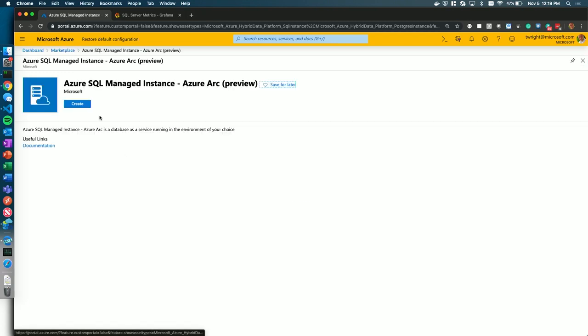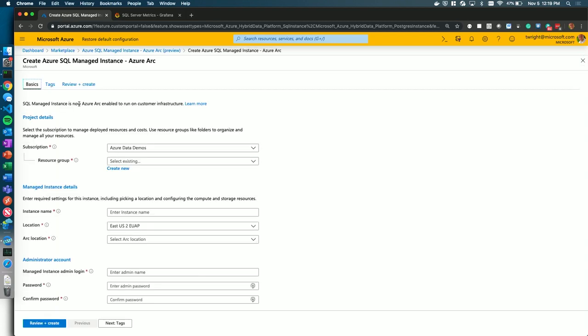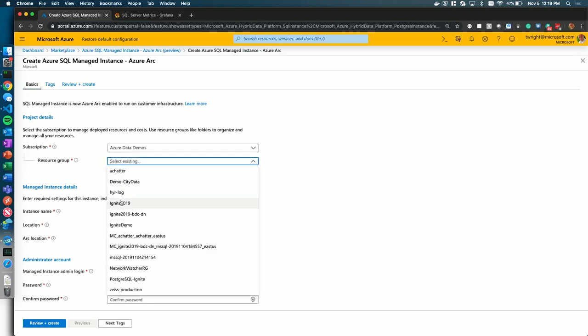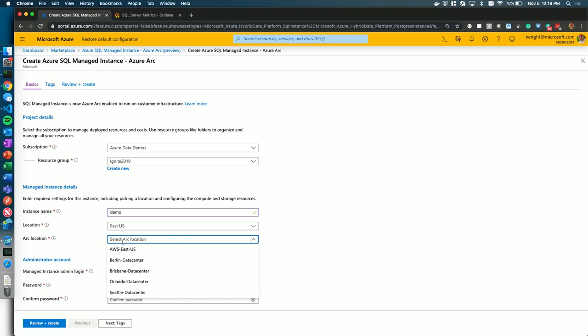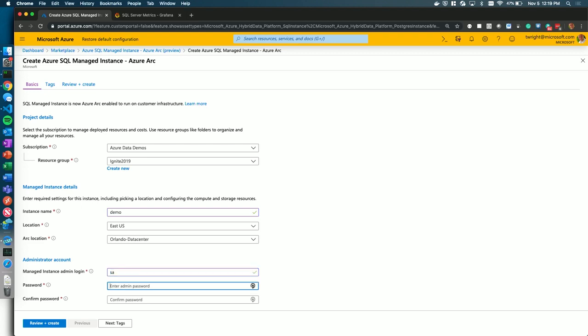So when you click into this and click Create, you'll see that the form I'm going to fill out here is basically the exact same form as what I fill out for running a data service in Azure if I was going to provision a managed instance in Azure. I can choose a resource group, then type in a resource name for this instance. I can choose an Azure location where I want to store the metadata about this resource. And here's the only thing that's different: there's this new Arc location prompt. This prompts me for whatever location I want to deploy into where I have a control plane. So it could be my own data center, or it could be something like AWS. So we'll deploy into the Orlando data center here, and we'll provide some connection information here about how we're going to manage this.